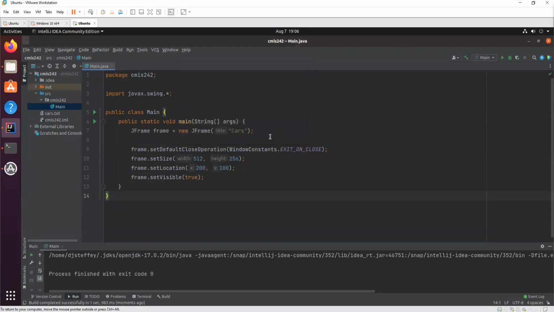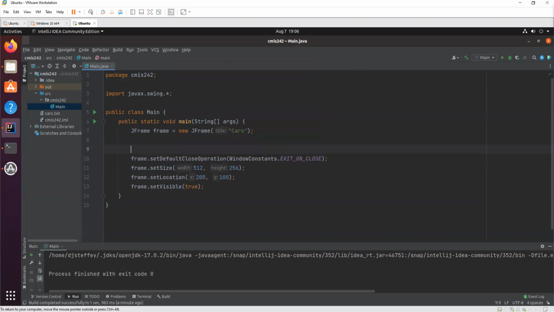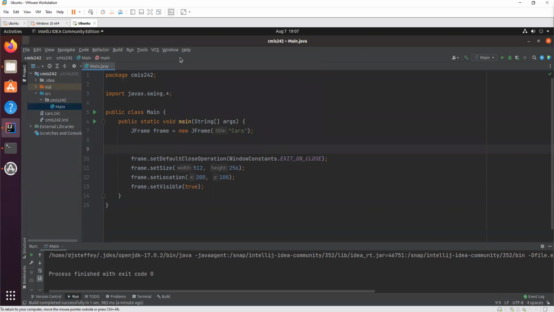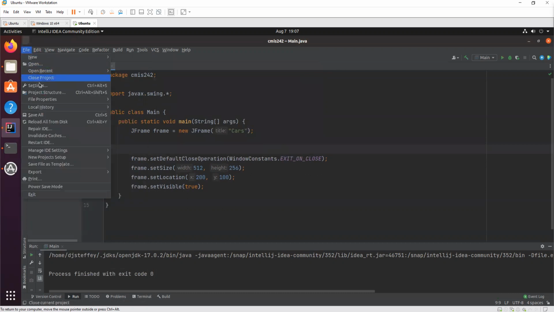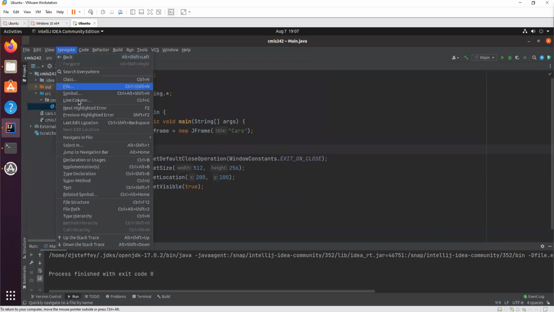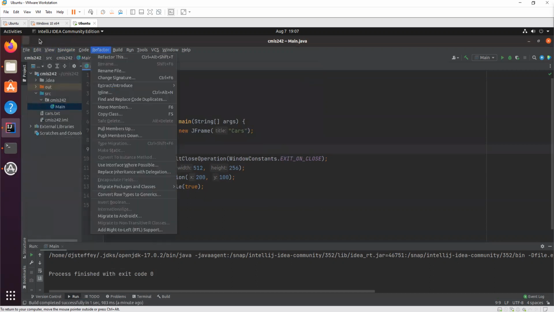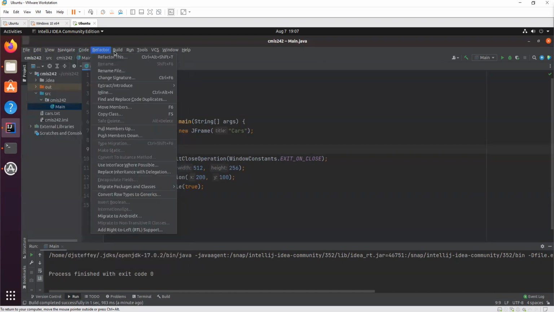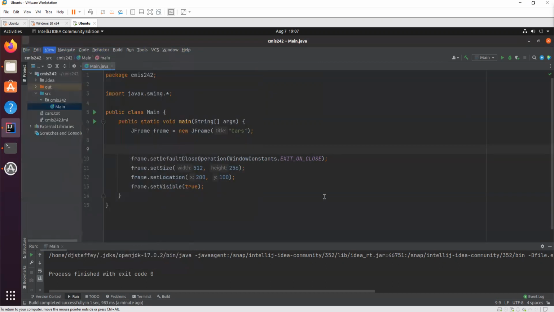Now, the way the user interface is described for your assignment, it talks about making a menu, right? And a menu is just like these buttons I have on my IDE. This menu bar right here, the first item is file. If I click on file, it gives me all these other options. If I click on edit, it gives me all these options. If I click on view, all these options, and so on and so forth. This is what the menu bar is. Now we're going to make one of those for our program.